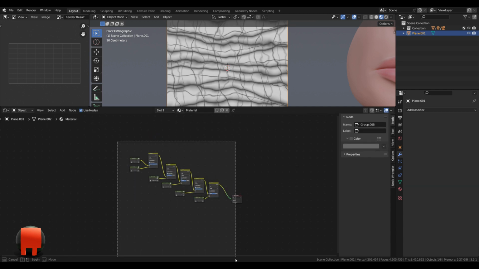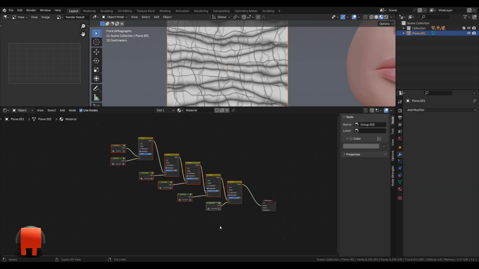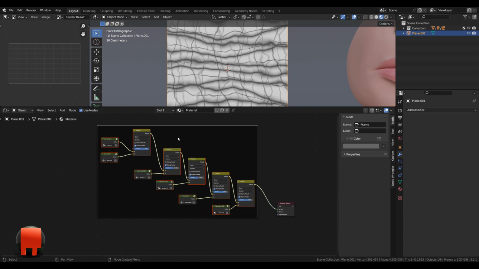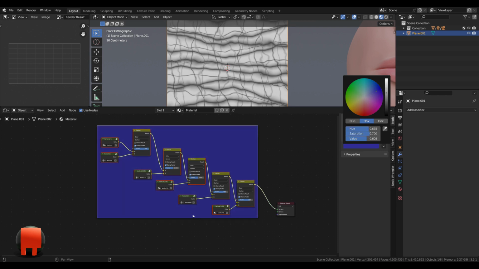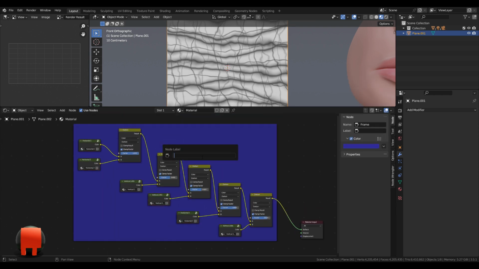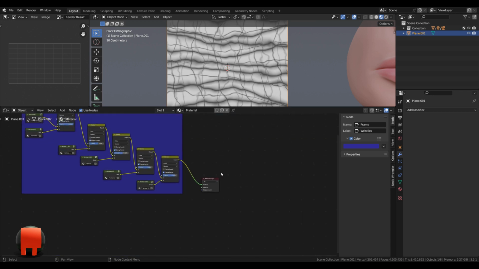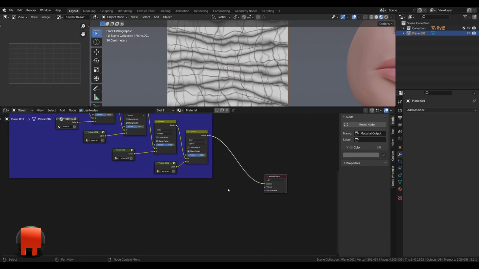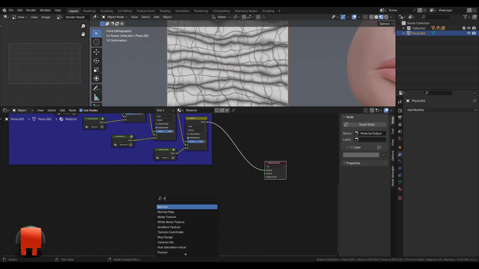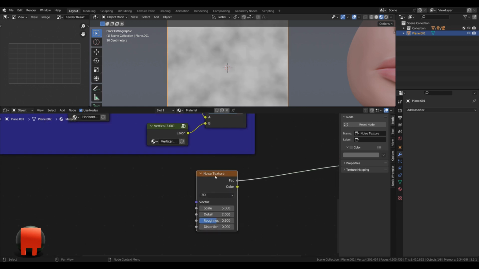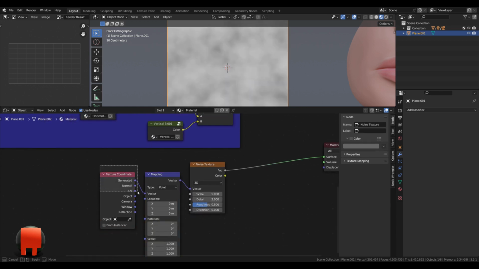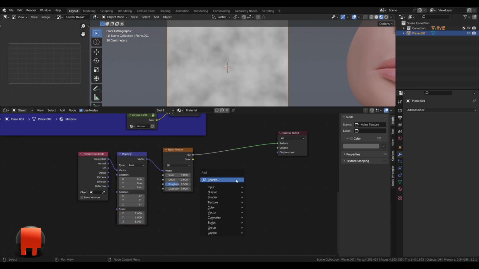So we got these. We can go Control J, and then we got the frame. And here under node we can add a color, something like that, and hit F2, and we call it wrinkles. Is that how you spell it? I don't know. Wrinkles. Now we're gonna add a noise to the whole thing, so Shift A, add noise texture, Control Shift click it, and Control T, so we have the coordinates, and we're gonna add a color ramp,